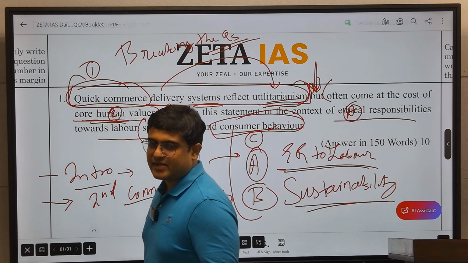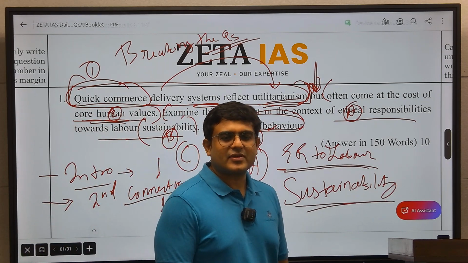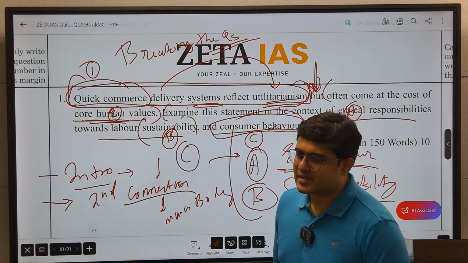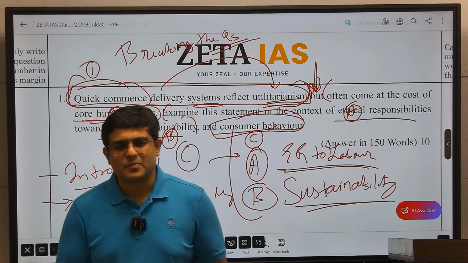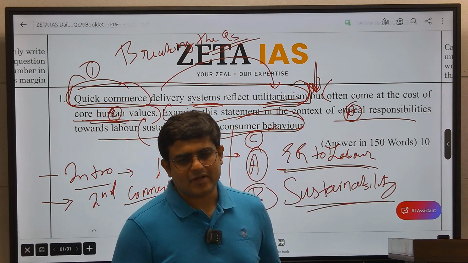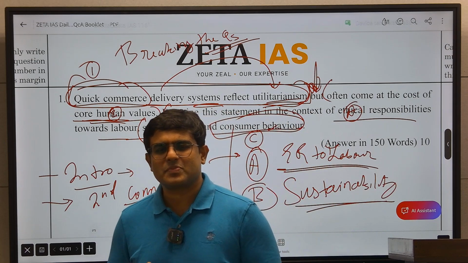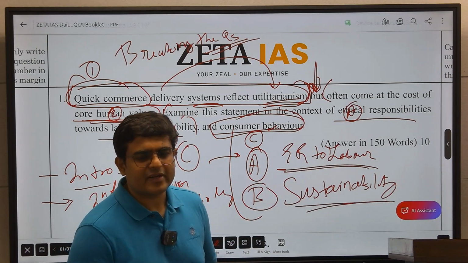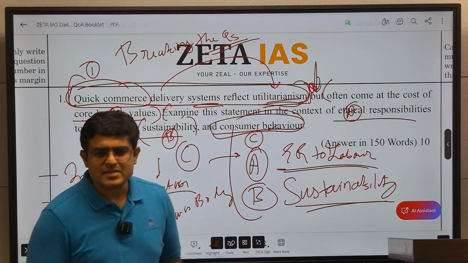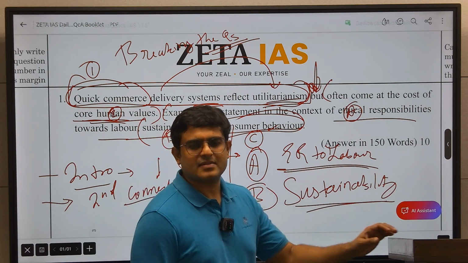Now how will you end it? Now end it that yes, the quick commerce system promotes utilitarianism. There are some positive aspects as well. It generates employment, etc. Whatever positive aspects you write. But at the same time, there should also be dignified treatment for labor. And there should be social welfare and social security, minimum wages, so that there is business with ethics and commerce